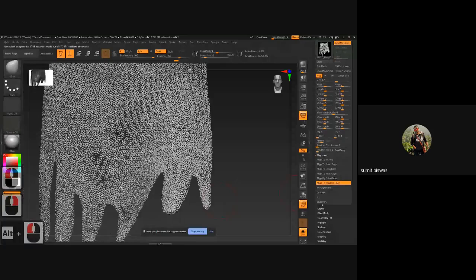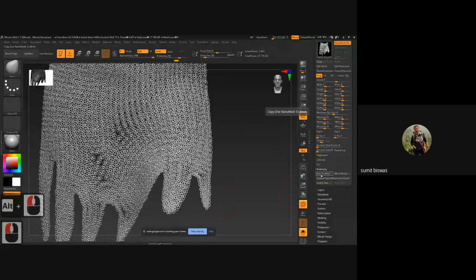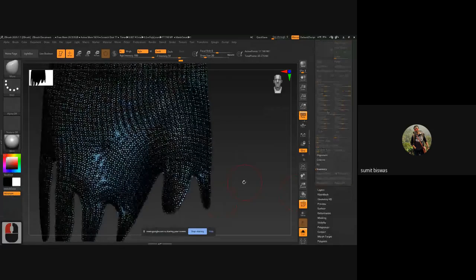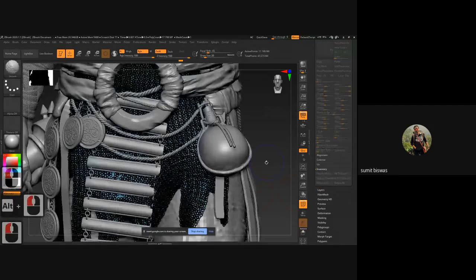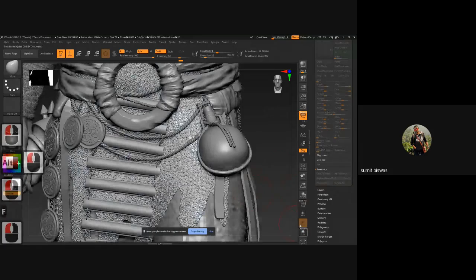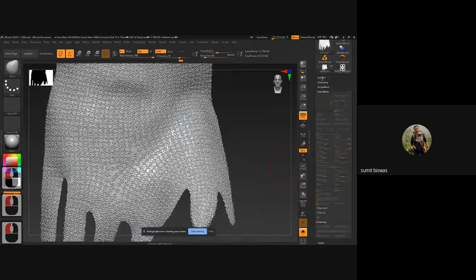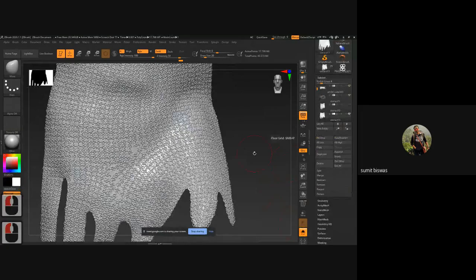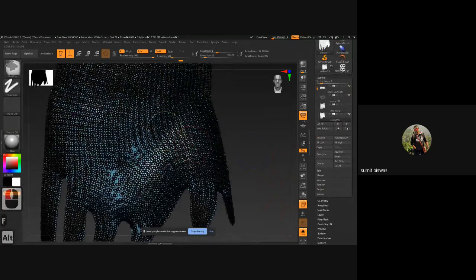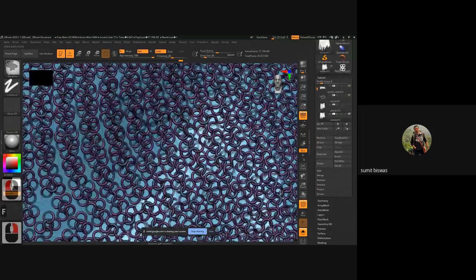Then you can go to inventory. There's a convert to mesh option. If you click on this, it will convert your entire nanomesh into geometry. Now I cannot select this. I have Shift F to zoom in. You can see you have multiple polygroups. This base,